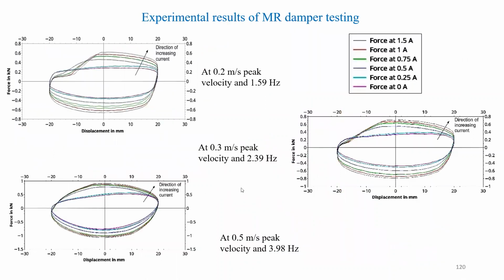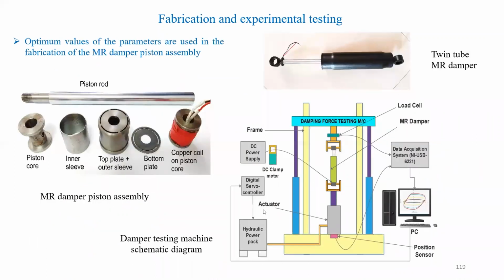These are all the results I have already explained. These are all the common graphs we get from the damper for various currents and velocities. Velocity can be controlled using this hydraulic power pack. Q is equal to A into V. By controlling the flow, we can control the velocity of the